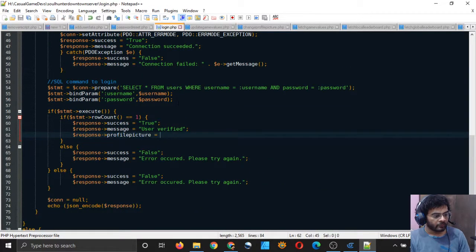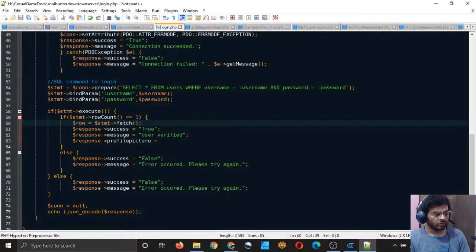We have to run this command after we execute, after we have seen that row counter is exactly 1. Then here we can simply say $row. We can simply get the contents of the stmt variable into an associative array which is $row.